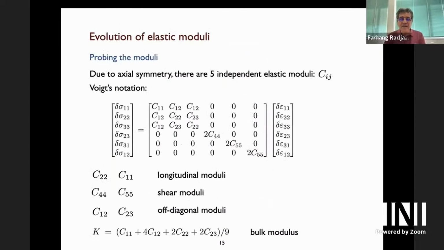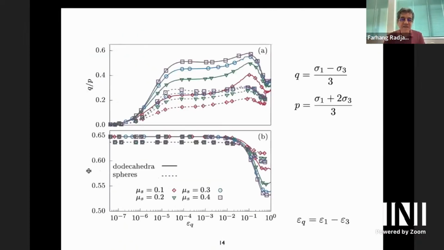Okay, now let's look at the evolution of elastic moduli. So how we probe, we can of course use the matrices and so on to evaluate the elastic moduli. It's easier to probe. So we have 16 points where we probe the elastic behavior. Why probing? Because we cannot use the tangent to the curve that I showed you as value